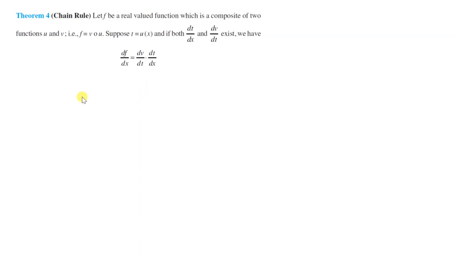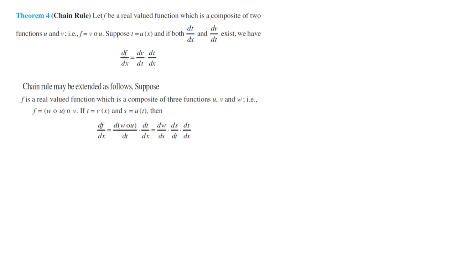This chain rule may be extended. Suppose the f function is a composition of three functions w, v, and u, in which u(x) is suppose t and v(t) is suppose s. Then df by dx will be d by dt of this composition function with respect to t, because it is now a function of t, multiplied by dt by dx. And this is further,